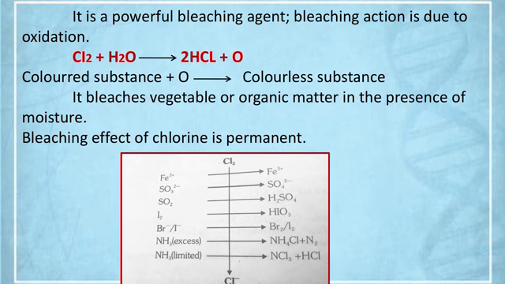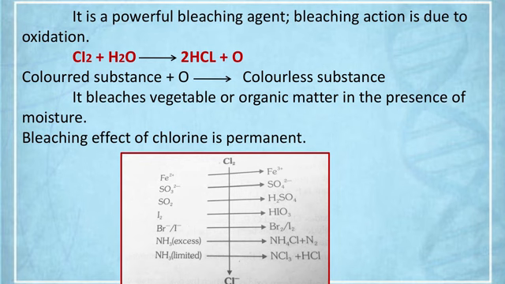And how does it show oxidizing action? Displayed on the TV screen. Ferrous ion is oxidized to ferric ion by chlorine. Oxidizing agents are the agents which reduce themselves. Chlorine when it shows oxidizing action reduces itself to Cl minus ion, but oxidizes others. It oxidizes ferrous ion to ferric ion, sulfide ion to sulfur, sulfur dioxide to sulfuric acid, iodine to iodic acid, Br minus, I minus.